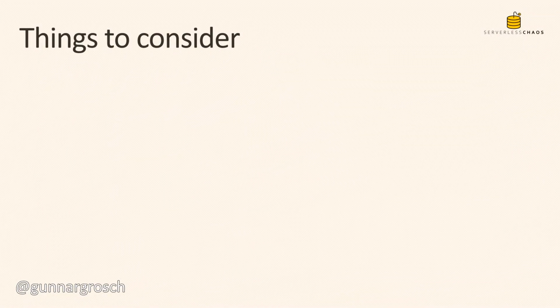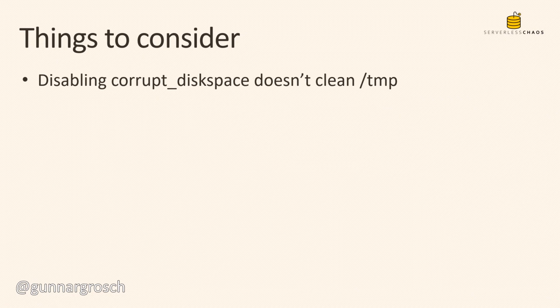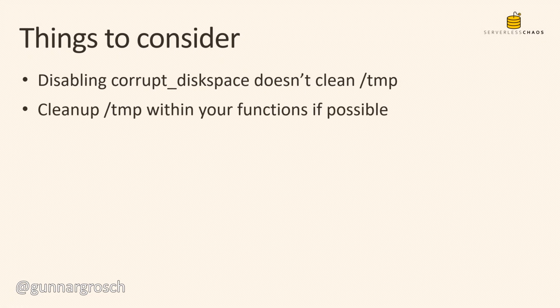So a few things to consider then. First off, if you're disabling corrupt disk space, doesn't mean that it will clean up the temp. So the off switch in this case just means that it won't continue to fill the disk. So that's an important note. And more on the serverless side is you should consider cleaning up the temp directory within your functions if that is possible. Of course, if you're using it for cache purposes, you want to keep whatever you are storing there, but make sure to clean up things that aren't necessary so that you're not filling space